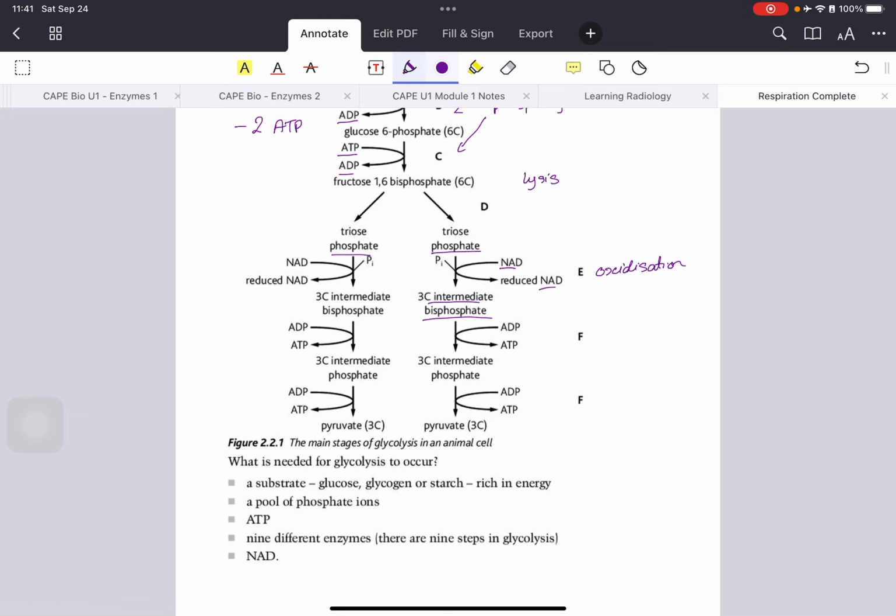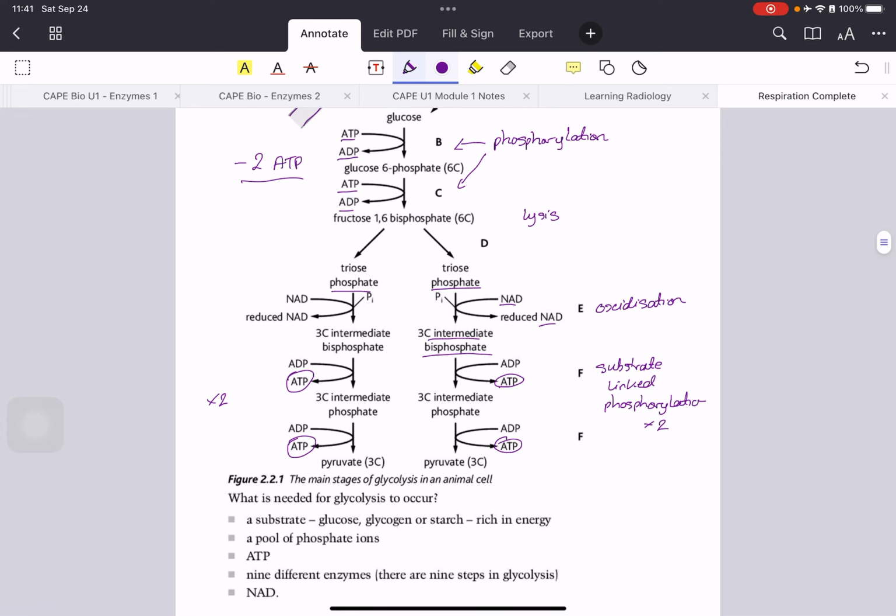All right. And then in F, we have substrate linked phosphorylation. Again, we have ADP changing to ATP. As you can see, the substrate linked phosphorylation occurs twice for each side. So you have ATP being manufactured, another ATP being manufactured. That's 2 on that side and then 2 more here. Therefore we manufactured 4 ATP in glycolysis while we used 2 ATP up here,